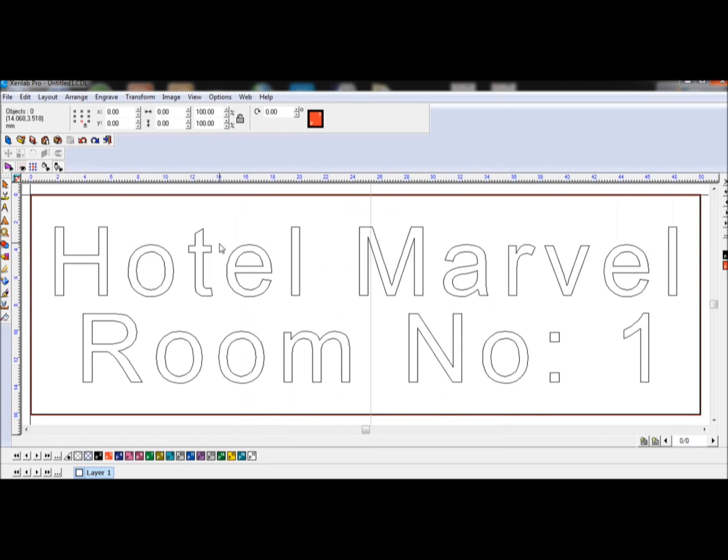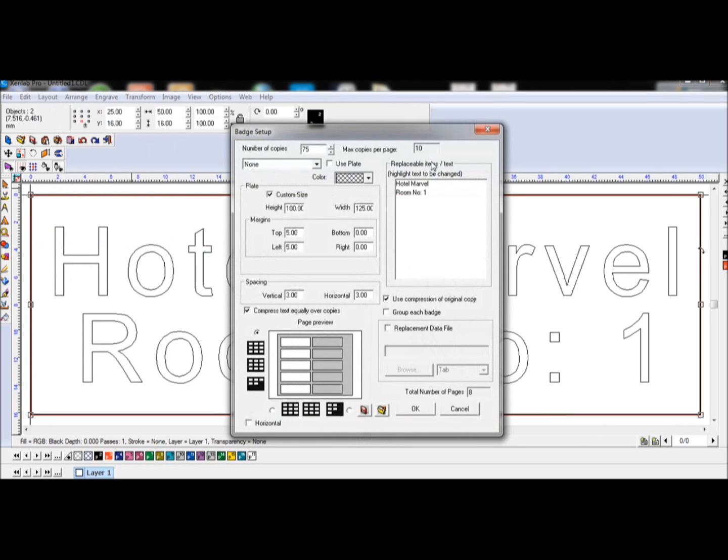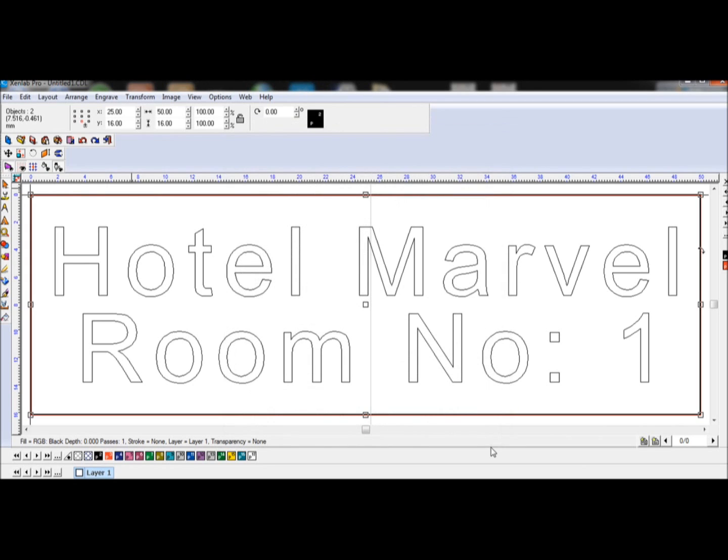For this example though, what we want to show is serialization. So if I go back to badges, it's telling me I can fit 10 on my plate, so I put in 10. It's asking me for margins all the way around and also the spacing. And on the right hand side it says replaceable items or text, highlight text to be changed. Well, I know the Hotel Marvel bit is one we want to keep, so that's your fixed, and the room number 1 is going to be a variable as we're going to change the room names. So if I click OK,